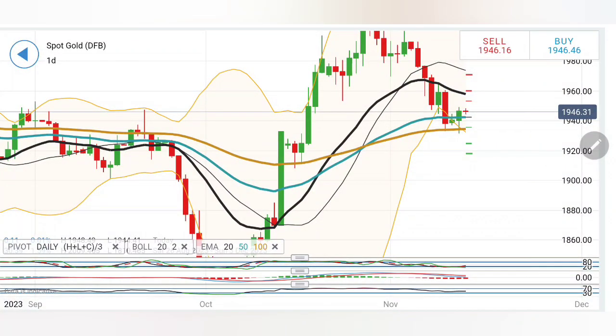Gold achieved the lows at 1932 levels yesterday and has bounced back and recovered strongly, now trading at 1946. Does it mean that the prices have reversed and we are going to look forward to a rally today? Yes, the CPI data may bring volatility. So, what to expect? How to profit trading gold today? We will see with the help of charts and indicators.